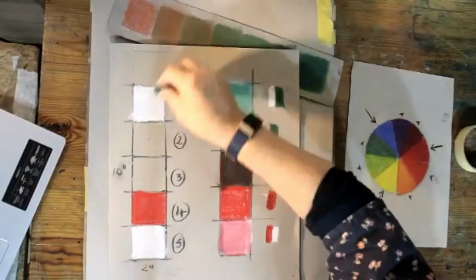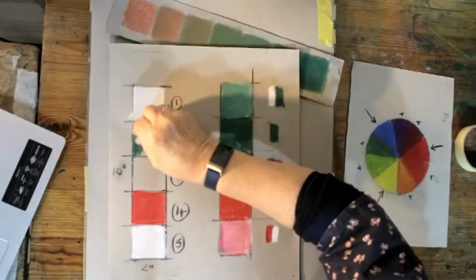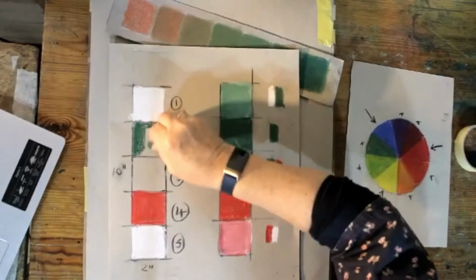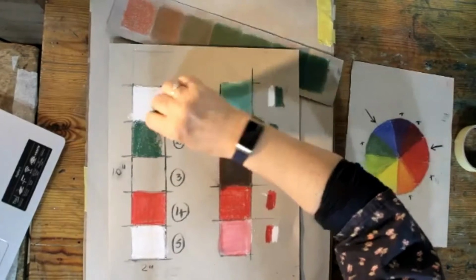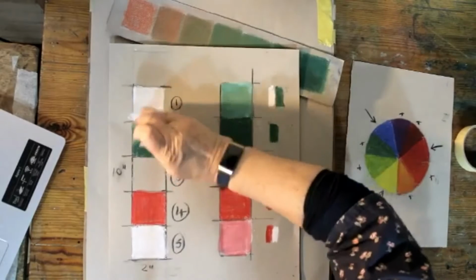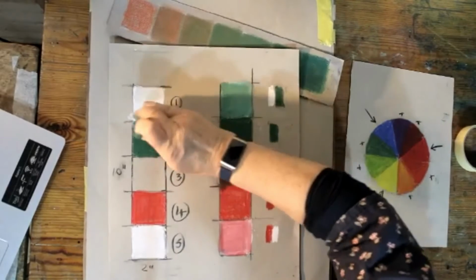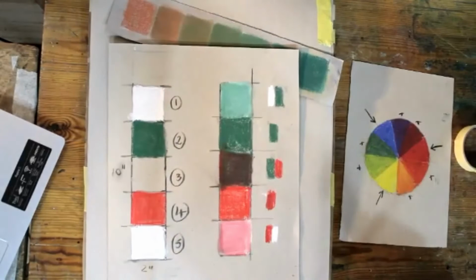At the other end, next to the other white, use your green or whatever you've chosen. I mean, you may not have chosen two colors the same as me, but whatever you're using, one is one color and one is the other color, and in both cases it's next to the white. Okay,